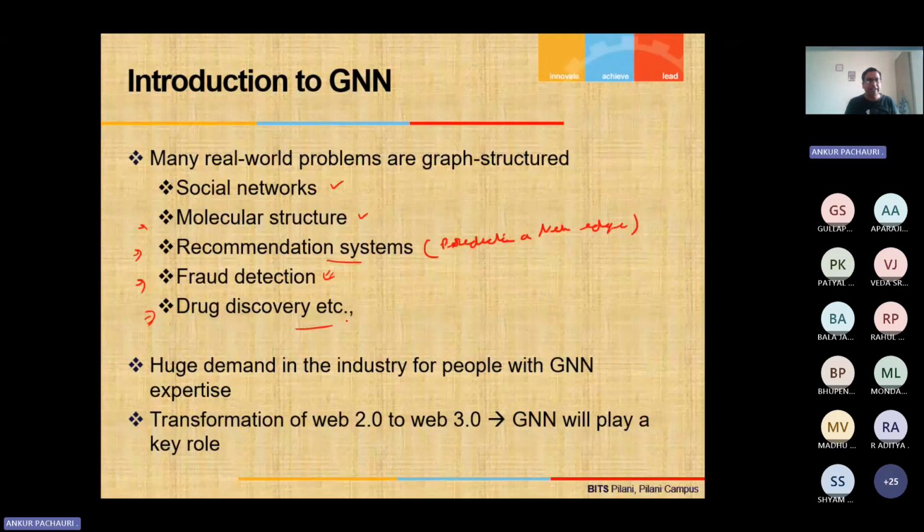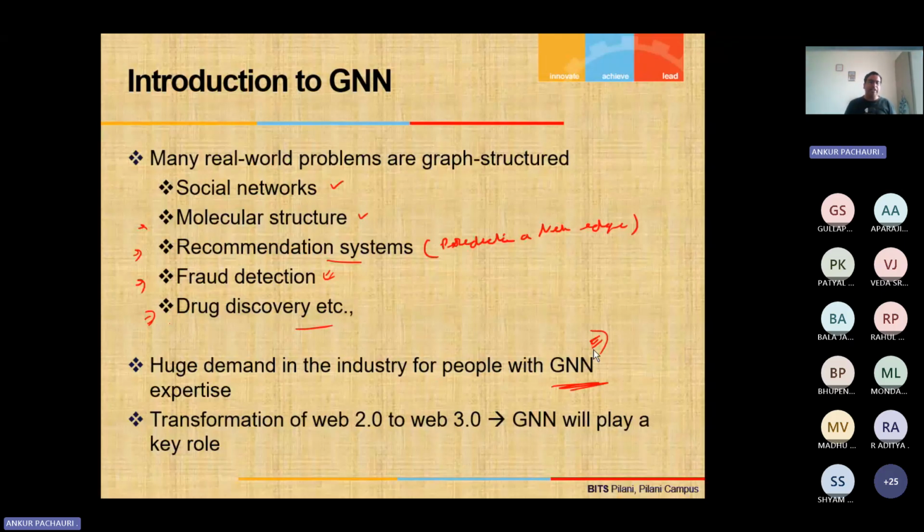So that's again an area. There is huge demand in industry for people with GNN expertise nowadays. Wherever you want some activity to be done based on prediction, either a node prediction, an edge prediction or a graph prediction, the best method that you can use is the GNN, graph neural network. And another beauty is, why only neural network? Because